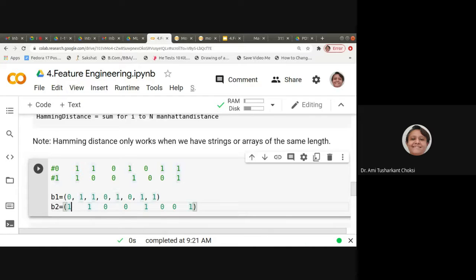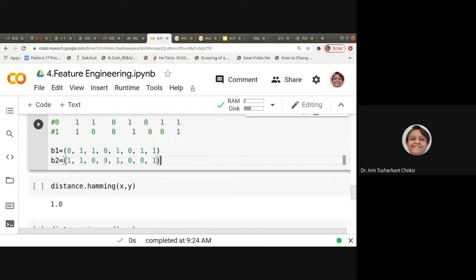So 1 comma this, comma this, comma this. Okay, so here we are having B1 comma B2. We will have to run this, then only the values will be in existence.